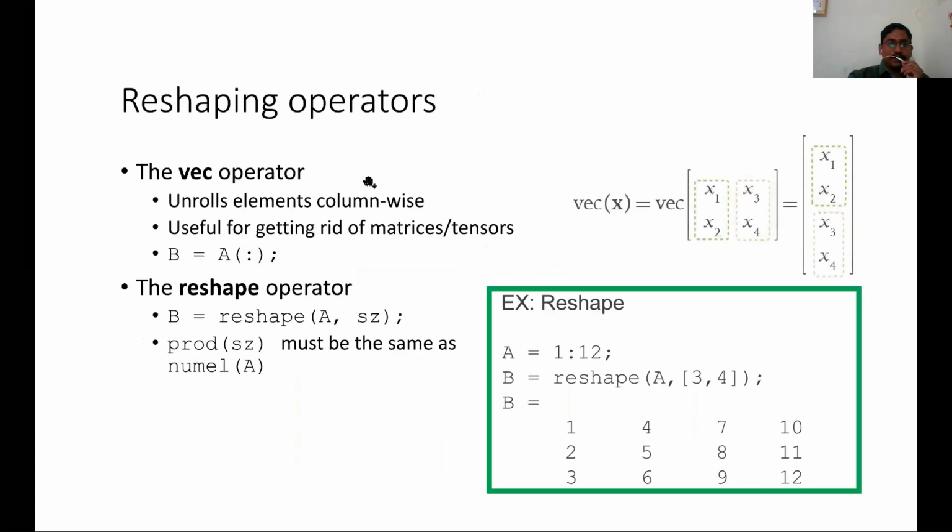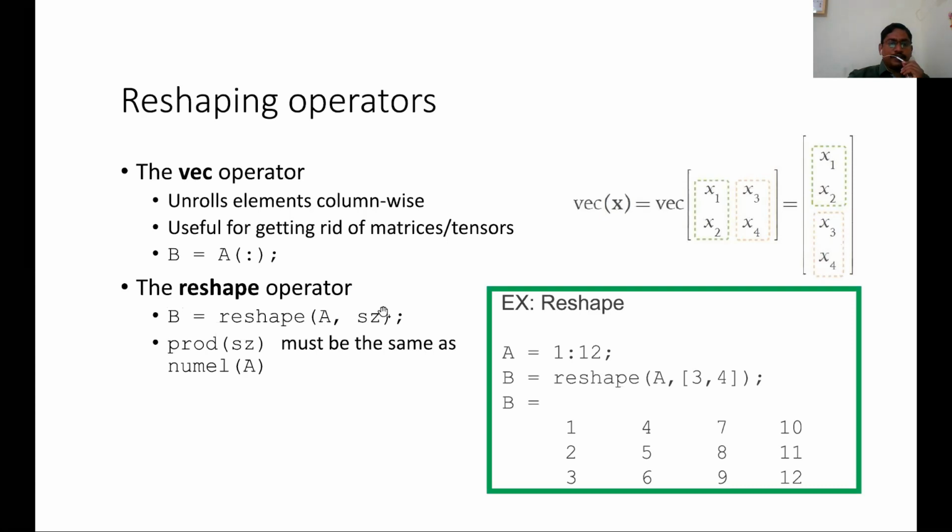Now you can reshape your variables or arrays by using the following operators. Suppose you have a matrix with x1, x2 in the first column and x3, x4 in the second column, and you want to treat it as only one column. This has the first two rows and the last two rows. You just apply the vec x command. It unrolls the elements column-wise. All the elements will be column-wise: the first column will occur here, then the second column, and so on, like this. So the vec operator is used there.